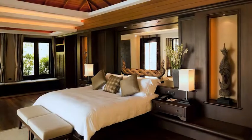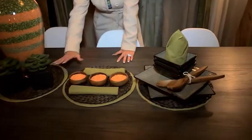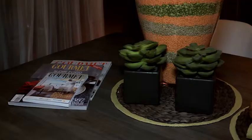Now you can see that because we live so close to Indonesia, a lot of people love that Bali style, Asian resort style retreat. Now a lot of Asian is actually quite contemporary. Lots of beautiful wood grains, then throwing in a bit of rattan. You can see all the little lintels, all the little touches. So Asian is a really easy style to do because you kind of just go contemporary and then you throw the ornamental pieces in. So from the light fittings, which are quite beautiful, they've got some little floral patterns in here,